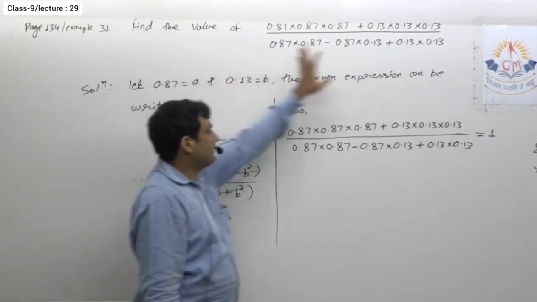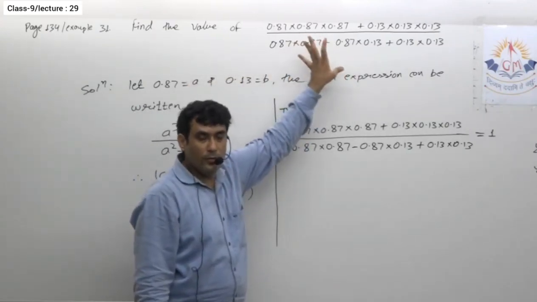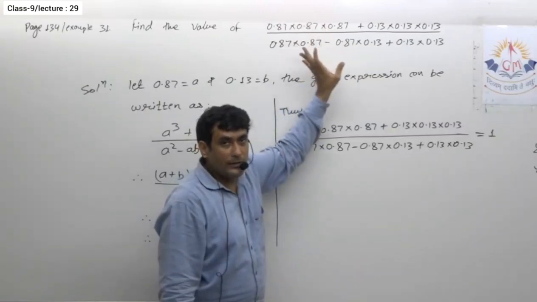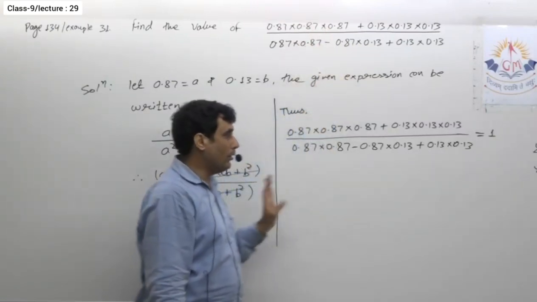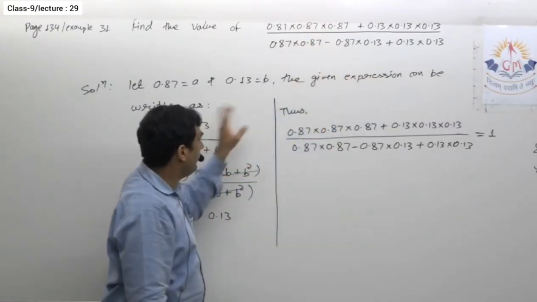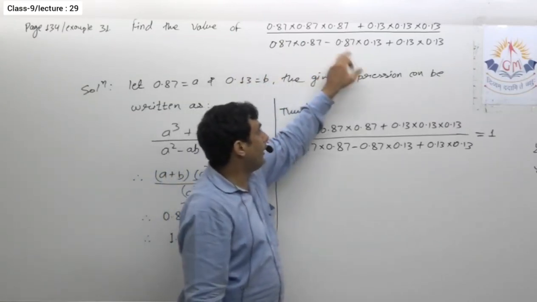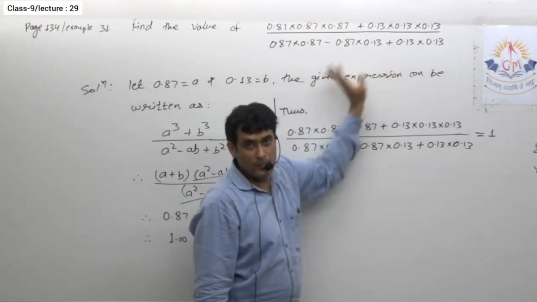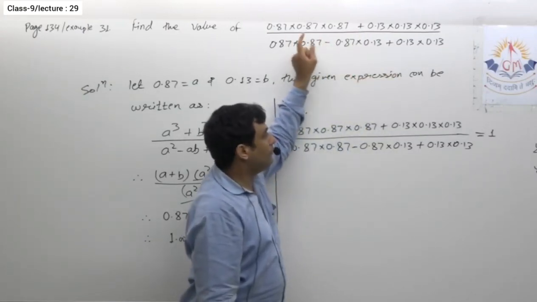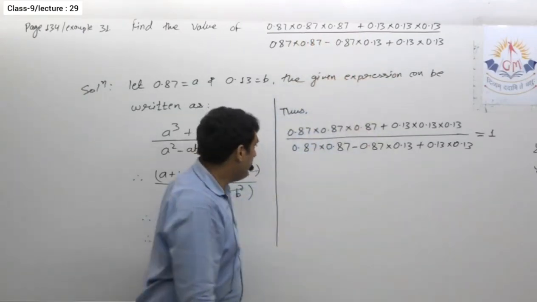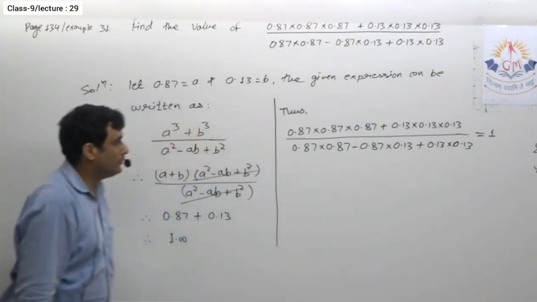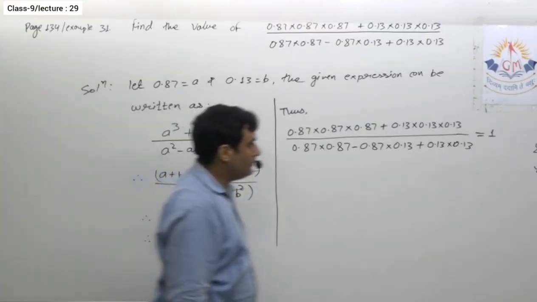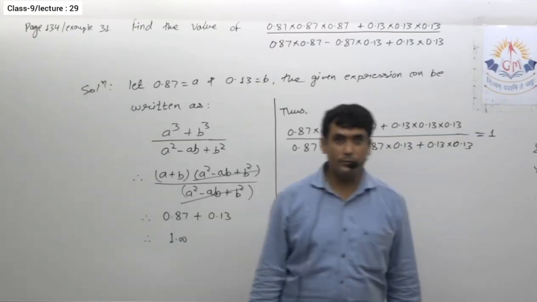Generally, whenever you get this type of expression, you have to concentrate on which identity we can apply in that particular expression. Definitely you are not supposed to find the value of the given expression by actual multiplication, addition, subtraction. Definitely you will find some identity that will make your work easy. So please note it down, then we will see the next question.